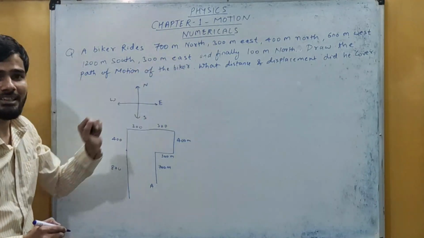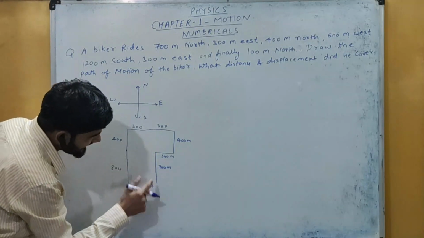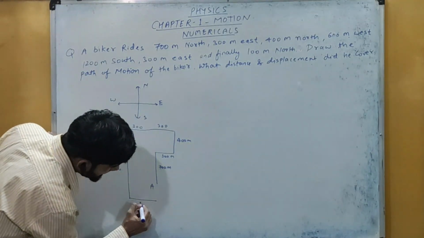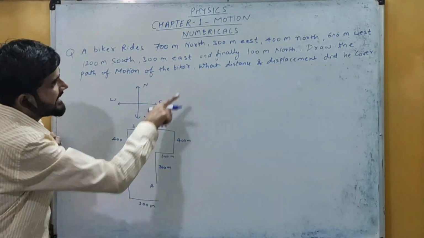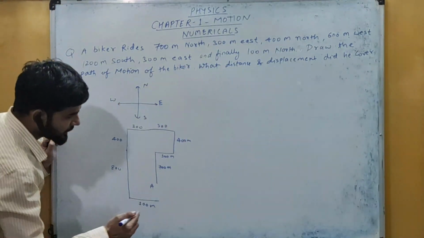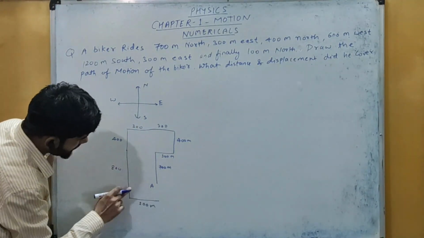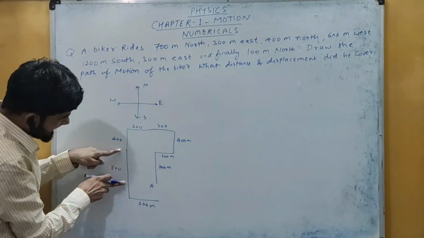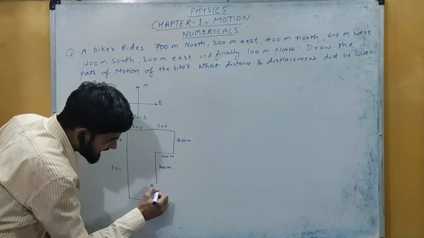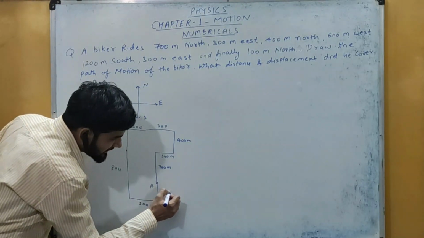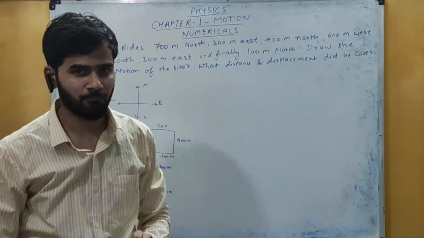Then 300 meters east. East किधर है? उस तरफ कितना? 300 मीटर. मतलब यहाँ से यहाँ तक कहाँ तक जाएगा ये? This will be 300 meters. Okay, that is towards the east. Now at last finally 100 meters north. मतलब यहाँ से ऊपर की तरफ जाएगा कितना? 100 मीटर. तो यहाँ से टोटल देखिए, यहाँ से 400 here it was 700. तो यहाँ बचा हुआ कितना रहेगा? 100. मतलब जब ये 100 ट्रेवल करेगा तो यहाँ पर कितना आ जाएगा? He will again reach his initial position.